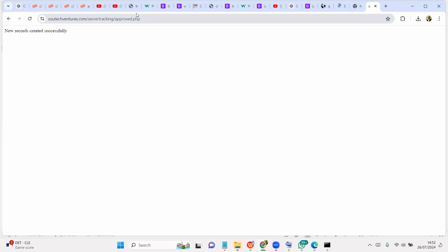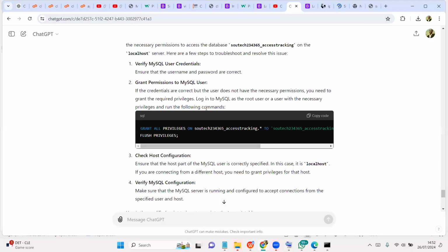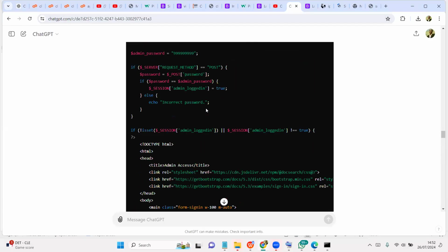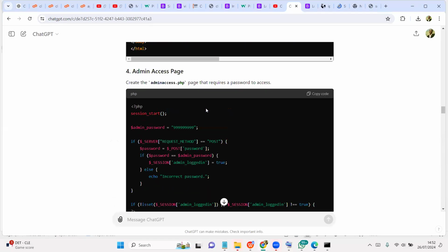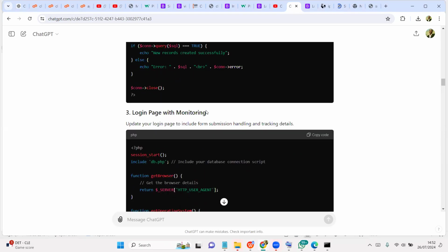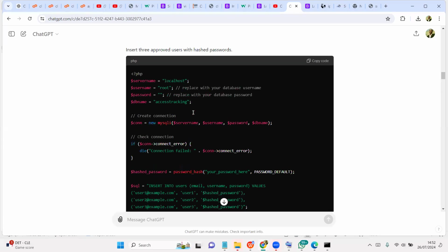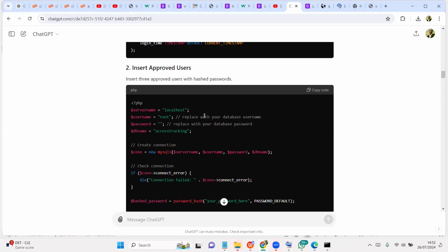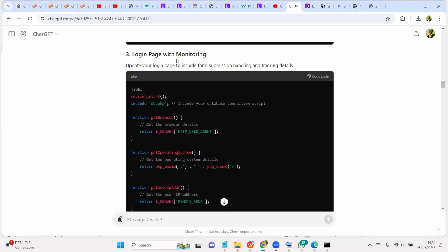Okay, so I think in our application, where are we now? So we've created that. We created the approved users. Good. So next thing is login page with monitoring. So this is our new login page. This is our connection script. We just copy this and